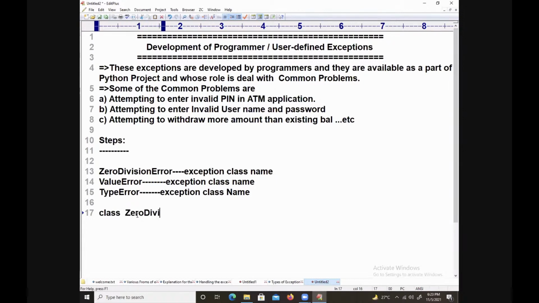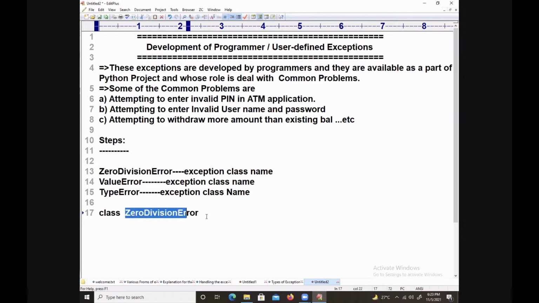Zero division error. How was the class developed? With a keyword called class. Further, after the files concept is over, I am introducing the OOPS features. There you are going to learn it in detail. Nothing to worry about.